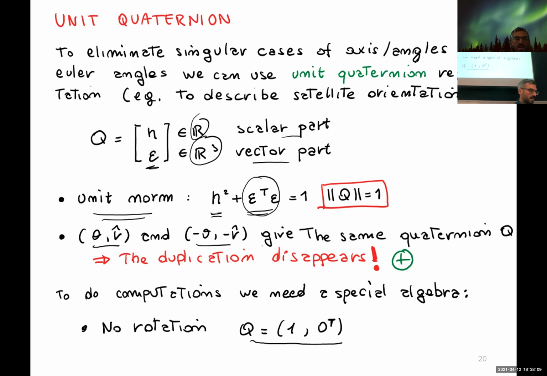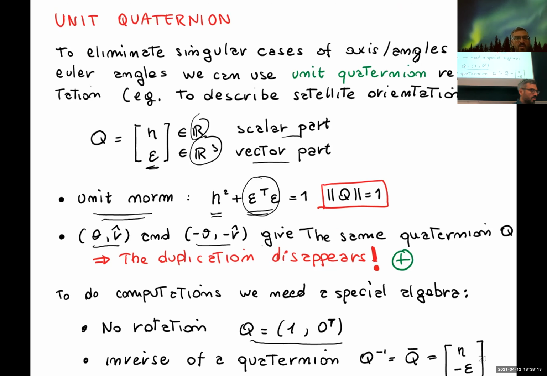So this is the neutral element. Then we need to define the inverse of the quaternion as we did for the rotation matrix, and this is just flipping the sign of the vectorial part. And we also need to compose rotations,